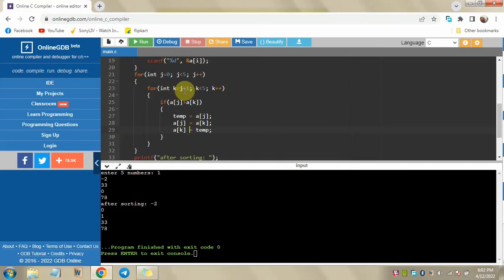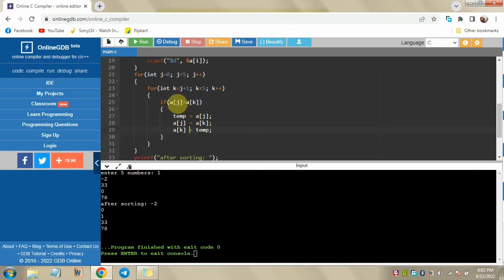j is for taking the first element and k is for taking all other elements, starting from the right next element of the j element. So k is equal to 1, less than 5, yes, obviously. Now it's checking if aj is greater than ak.